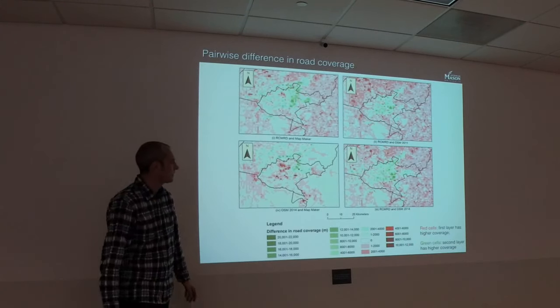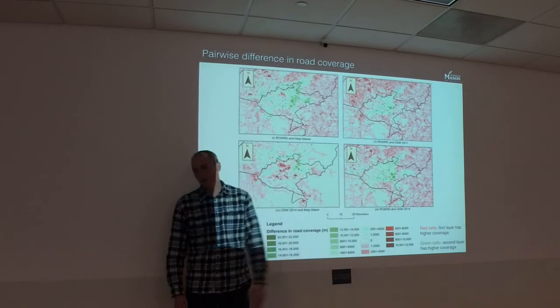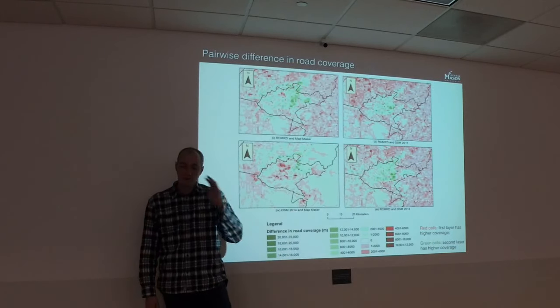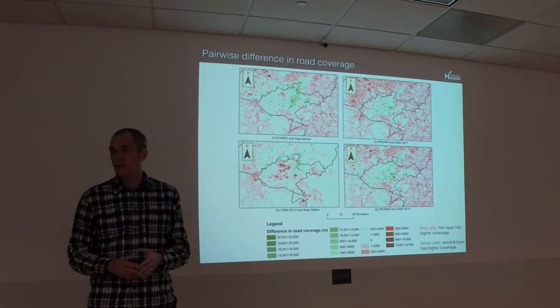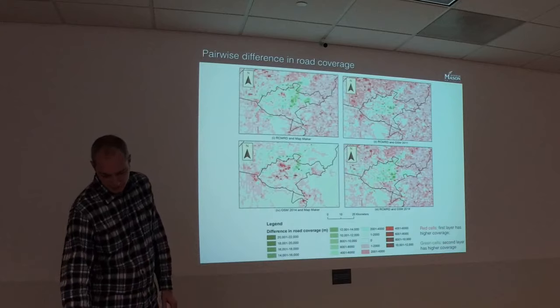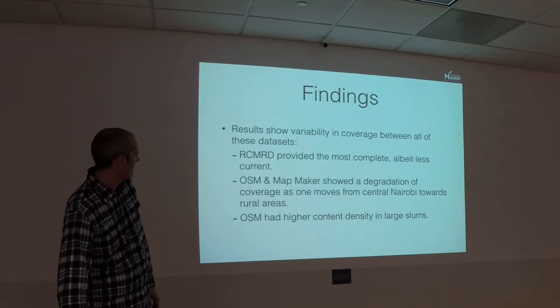In this example, if you want to know what's happening on roads out in the outskirts of an area, use the official data source in less developed countries. While in more densely populated areas, especially in the slums in Nairobi, the crowdsourced data is doing really well, which is sort of what I just said there, really.